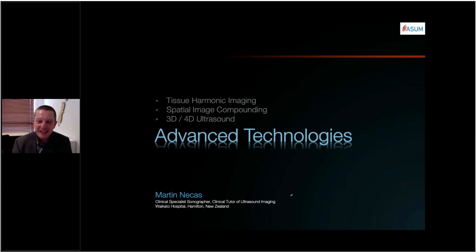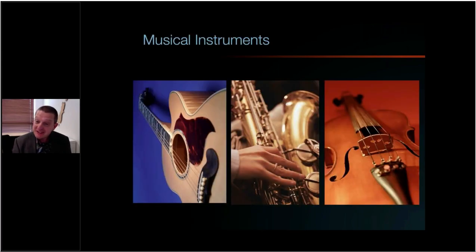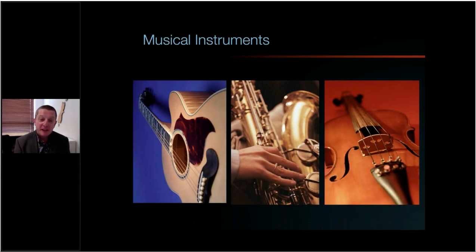Harmonic 3D and 4D. So let's begin with tissue harmonics. Have you ever wondered why different musical instruments sound different, or perhaps different people's voices sound different? Well, there are principally two reasons for that. Different musical instruments have a varying bandwidth, the spectrum of frequencies they're capable of emitting. But also they are different in the harmonic content. And harmonics add sound quality to musical instruments, to people's voices, and harmonics is something we encounter in clinical imaging